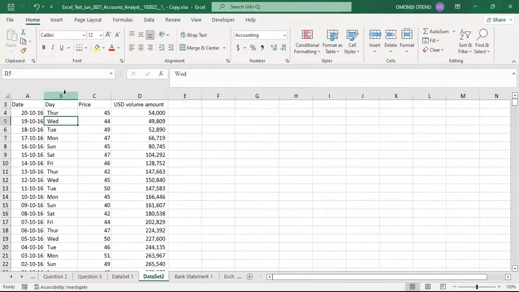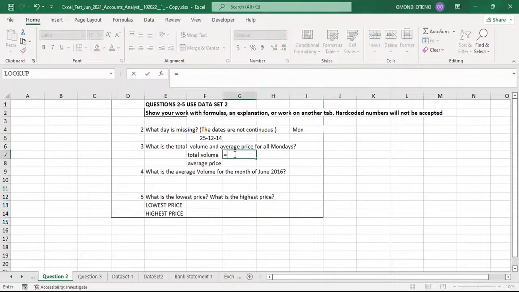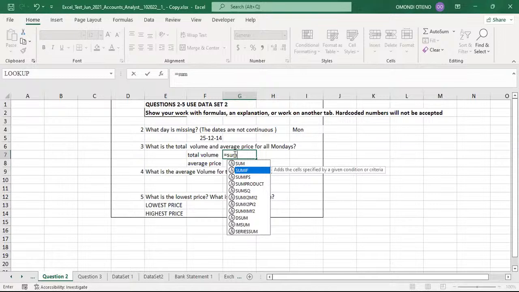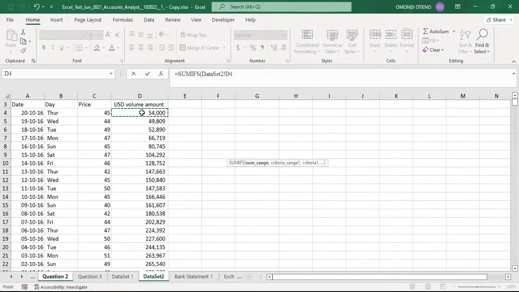So such kind of things, if you find that as a challenge, just say control copy. Then we come to here, let's place it here. Remember, that's a condition which is needed. So we have to take care of that condition. So we are going to have equal to SUMIFS. Our sum range is in data set 2 within this range here,